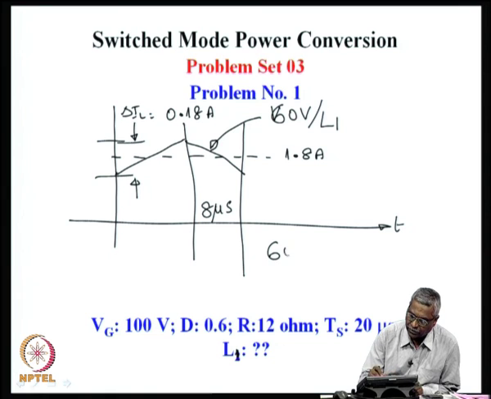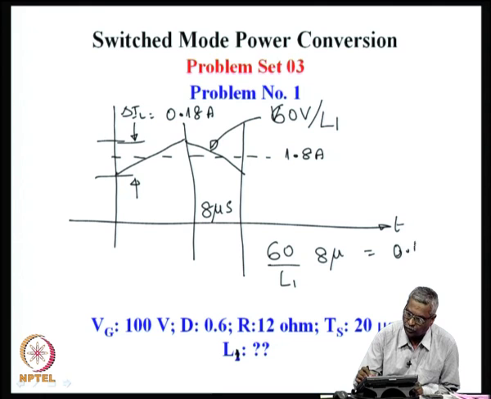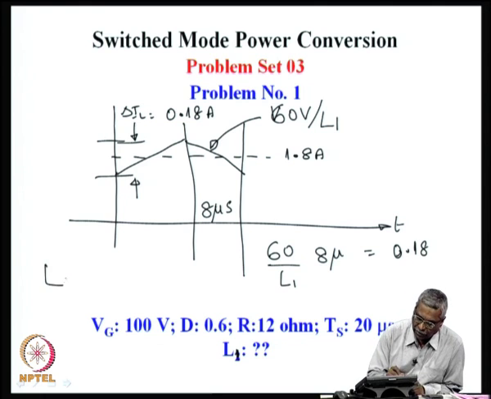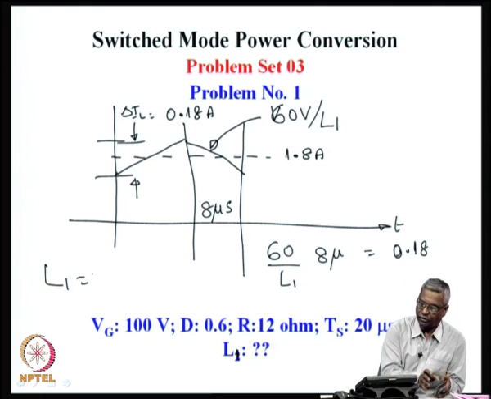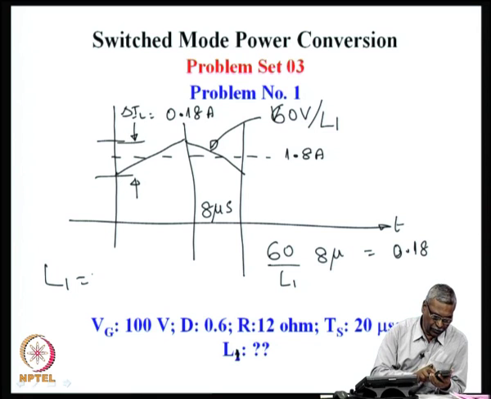So, we might say that 60 by L1 into 8 micro is equal to 0.18. So, from this L1 can be calculated to be 60 into 8 divided by 0.18,